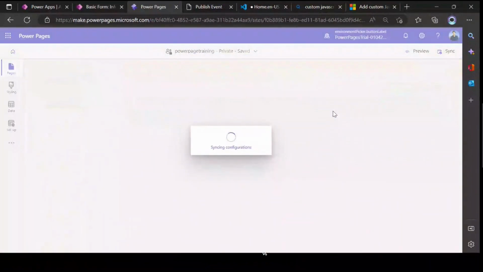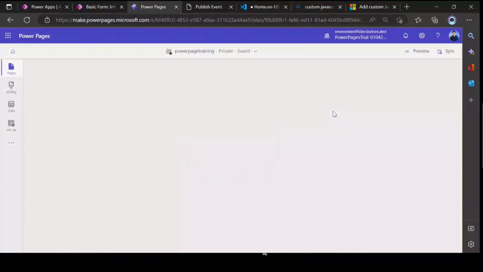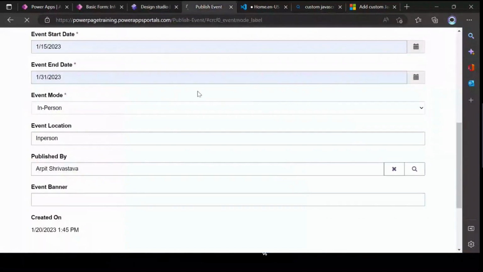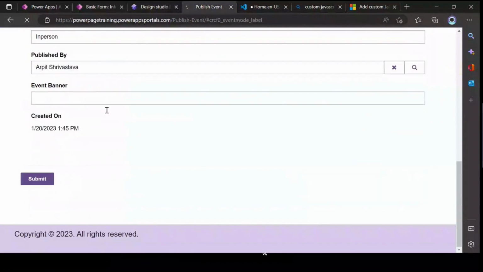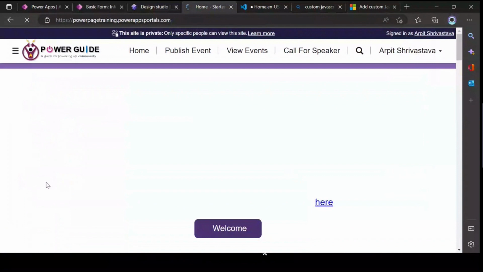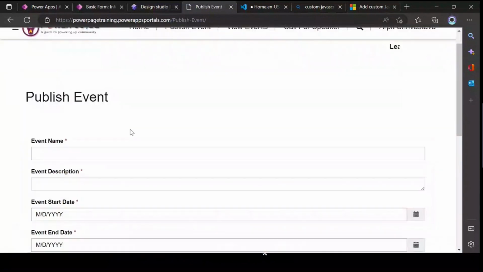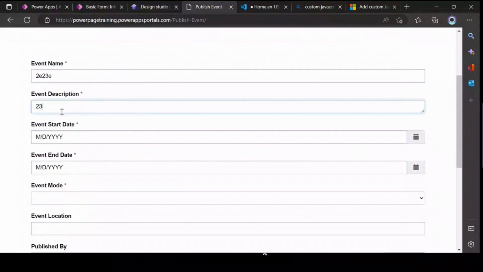These are two different things. The first is client-side validation, and the second is the general validation. The client-side validation checks whether the data filled on the form is correct or not. But the general validation is something you can write on top of the out-of-box submit button. So I can go to the publish event and put some random data here